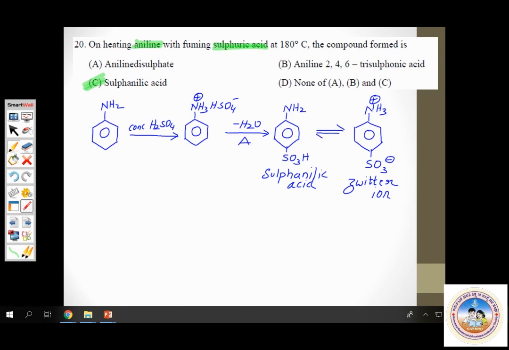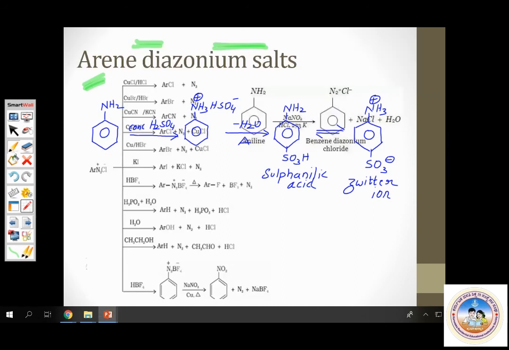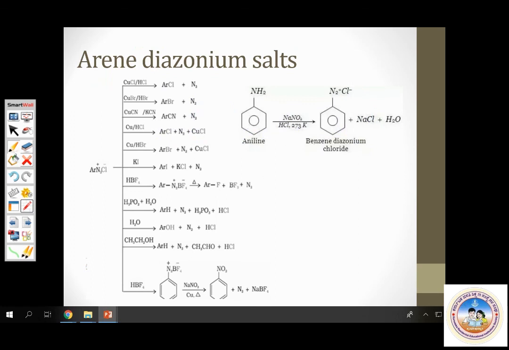I think these are all the questions related to amines. Now in this chapter, in addition to amines, there is one more category of compound known as diazonium salts. We'll continue this in the next class. Next class we will complete diazonium salts and take up two small chapters in organic chemistry, polymers, and chemistry in everyday life, or biomolecules. We'll take up any of these two. Now let me conclude the session. Thank you all.